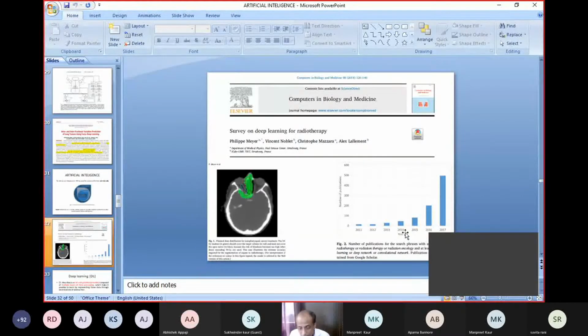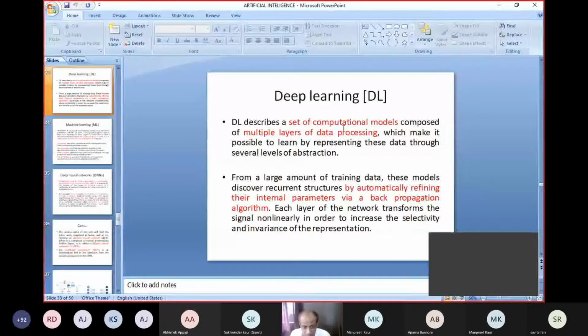You can see in the graph the role of artificial intelligence has come up mostly after 2015. In the last 5 to 7 years, it has grown tremendously. Now multiple papers are available on this. So I will come to a little of the theoretical part. So many images I have shown till now. So what is deep learning?